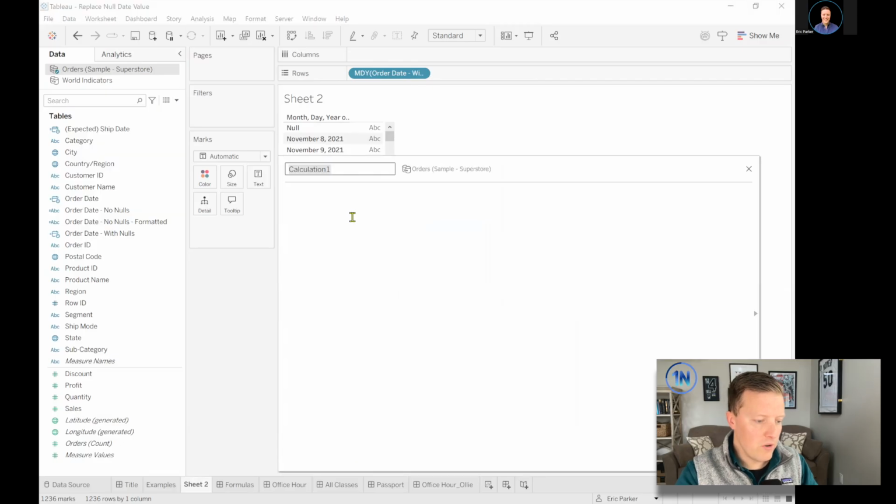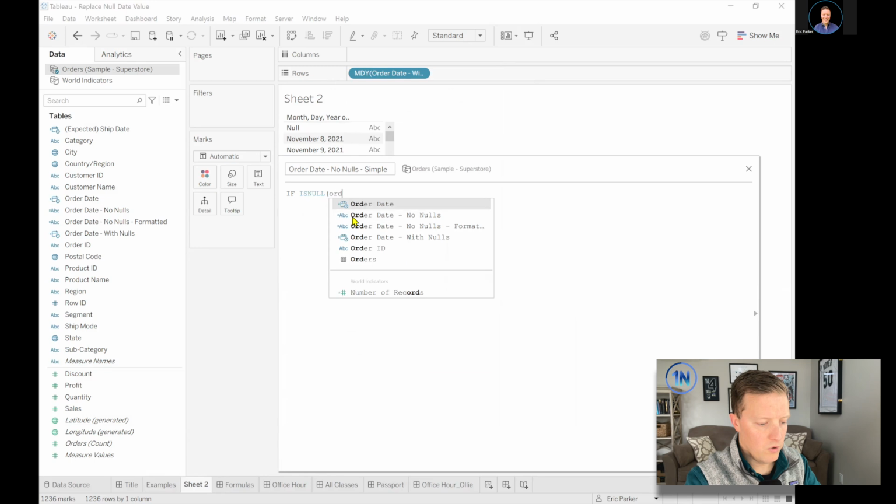So let me go ahead and create a new calculated field, and I'll call this order date, and to differentiate it I'll say no nulls, simple. And so when I say simple, I mean this. I'm going to say if is null, order date with nulls, that's the name of our field, then blank, else